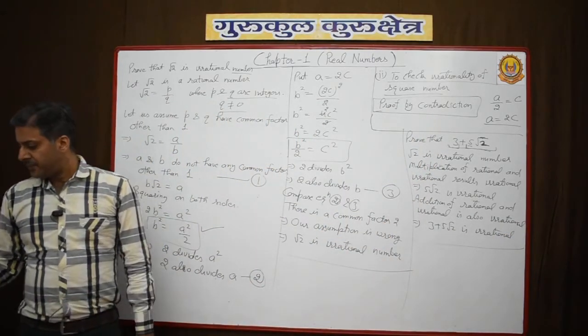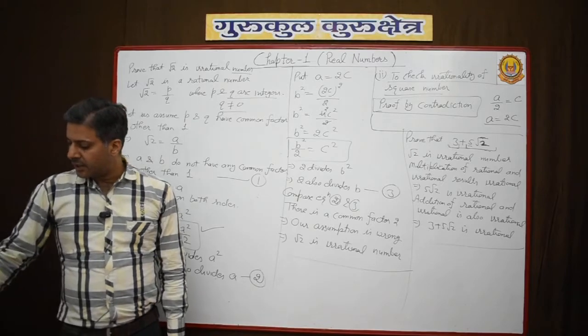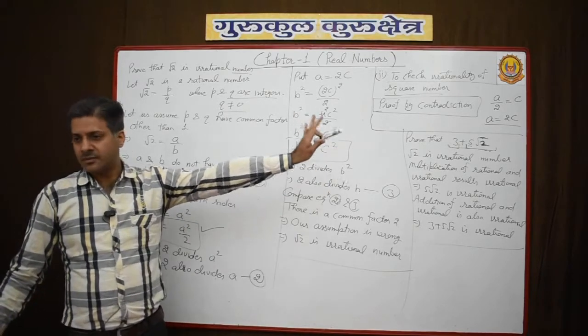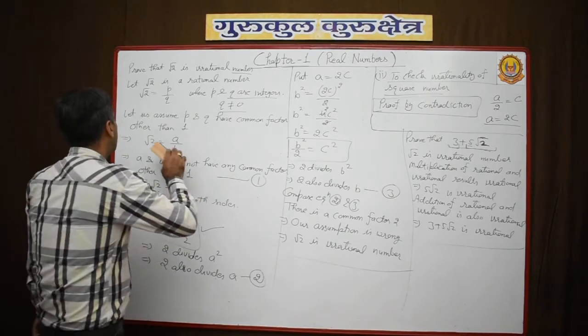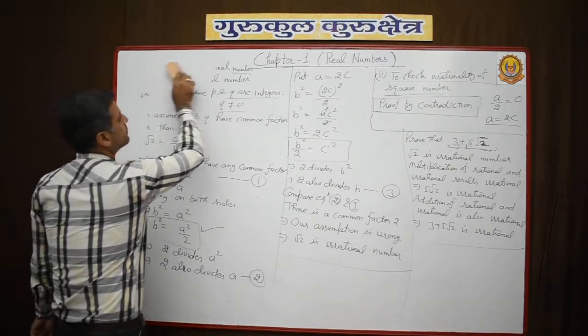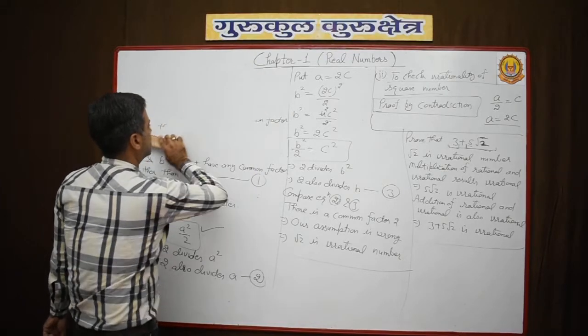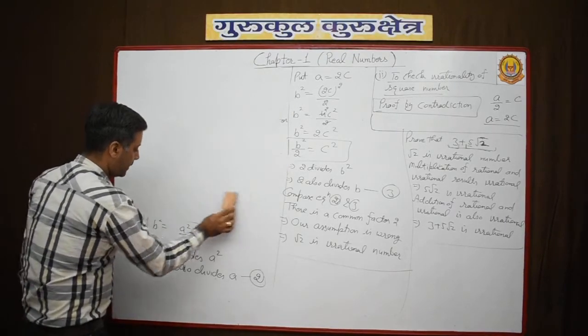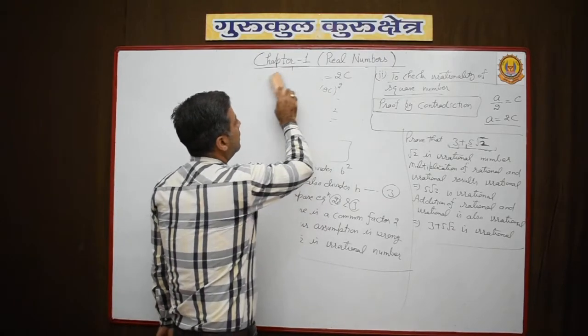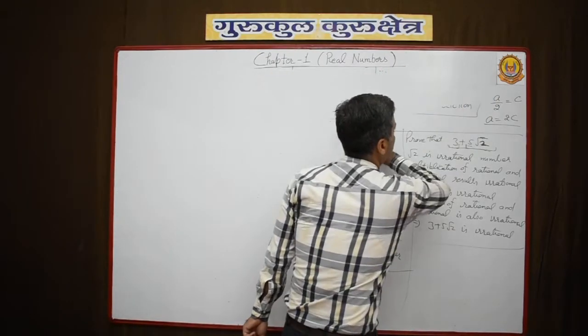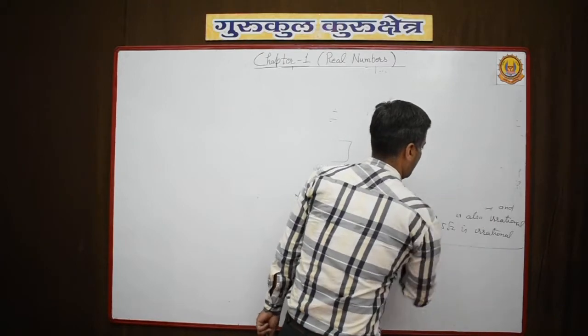So exercise 1.3 is the same, you have to do it like this. So this is the completion of exercise 1.3. Now our last part, the third part, because we were doing the fundamental theorem of arithmetic, two parts we have done. Now the third part is